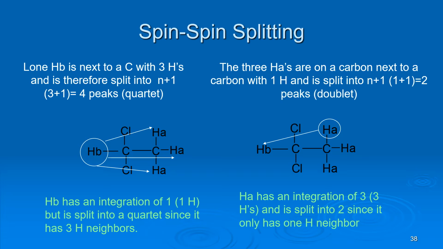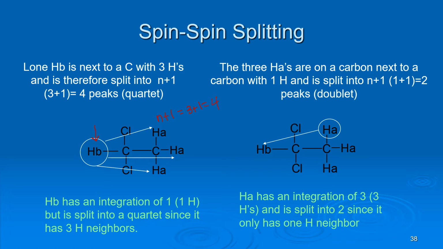So they're all equivalent to each other. And then here's a different one. HB is different from HA. So notice that HB is influenced by these 3 HAs. And so the peak that represents HB will be split into N+1, which in this case is 3 + 1